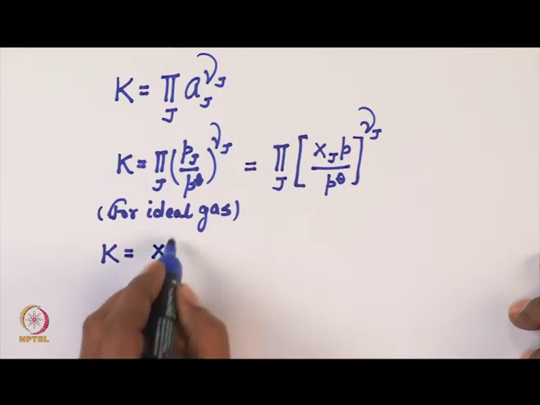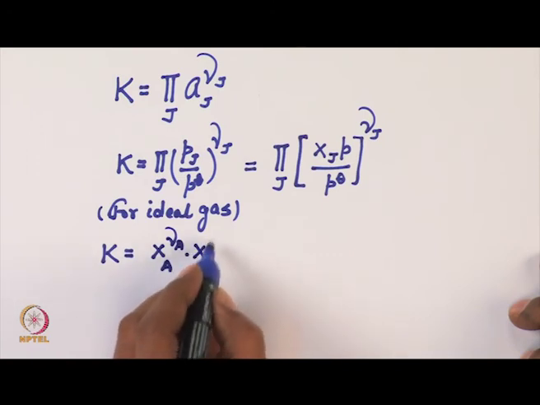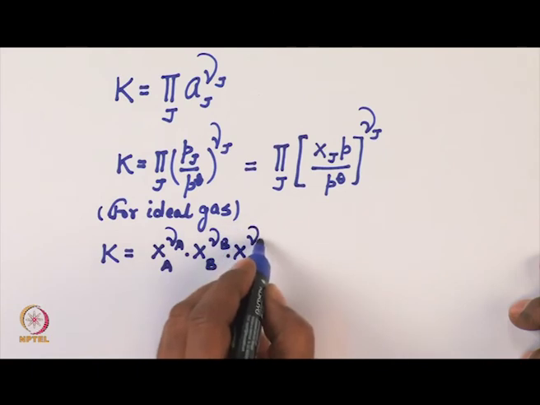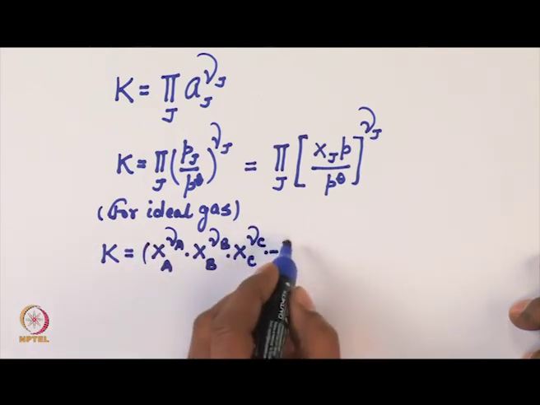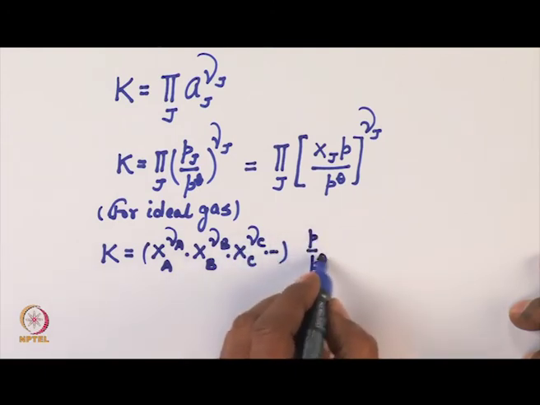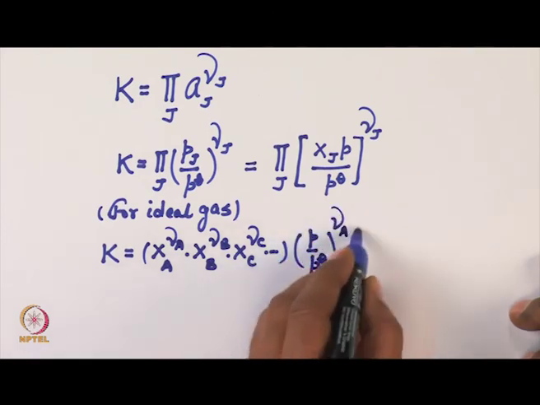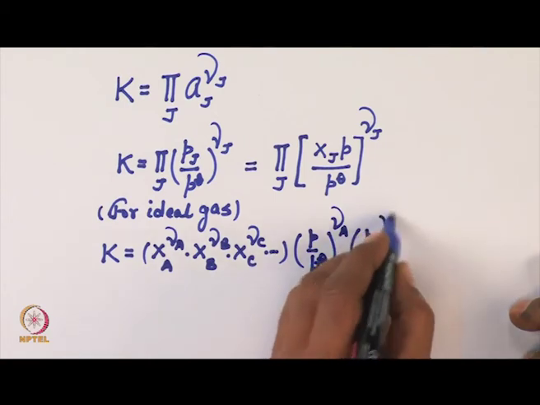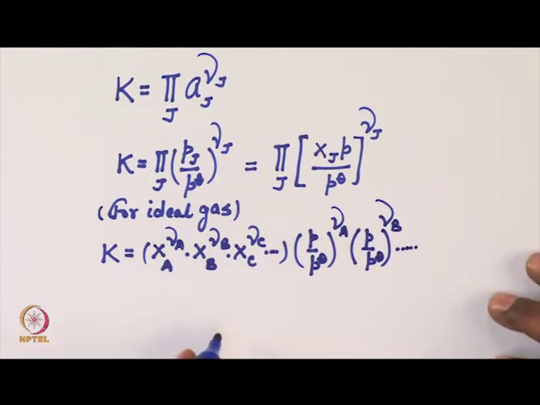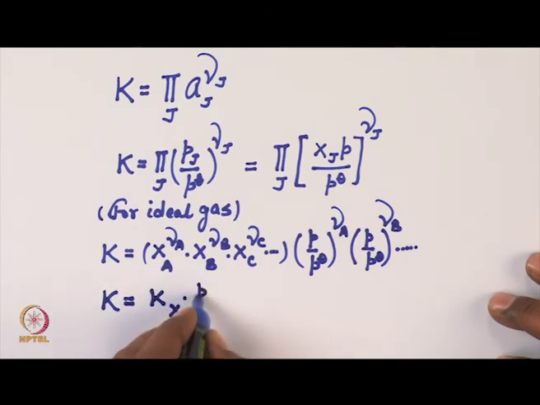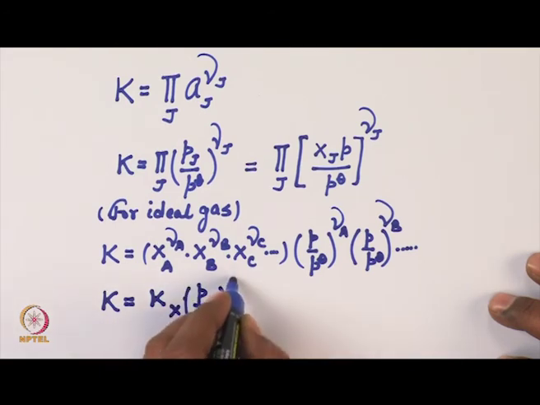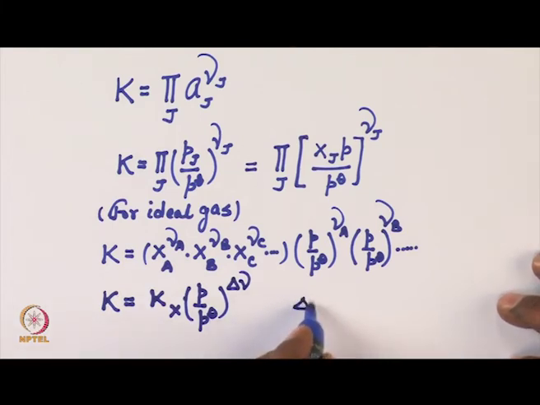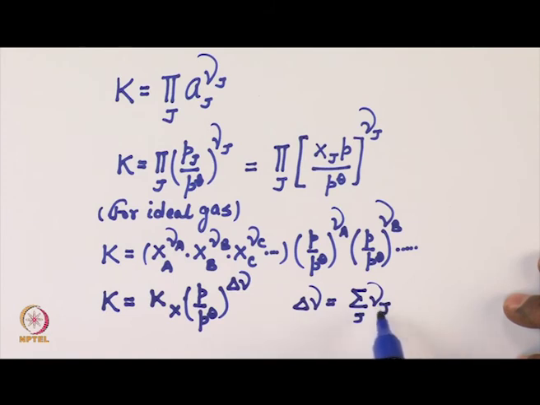It will be mole fraction of A raised to the power nu A into mole fraction of B raised to the power nu B into mole fraction of C raised to the power nu C, etc., into P by P naught raised to the power nu A, P by P naught raised to the power nu B, etc. Or I can write K is equal to Kx into P by P naught raised to the power delta nu, where delta nu is equal to summation j nu j, and this stoichiometric number is positive for products and negative